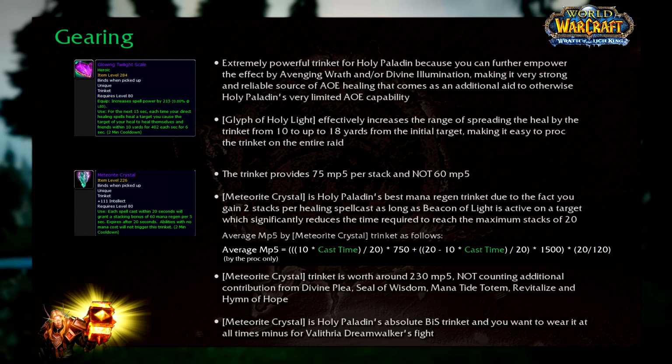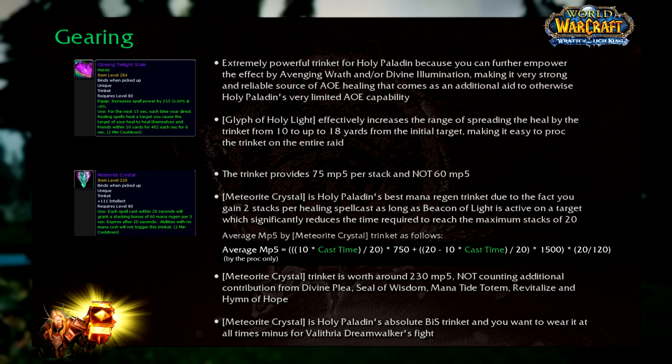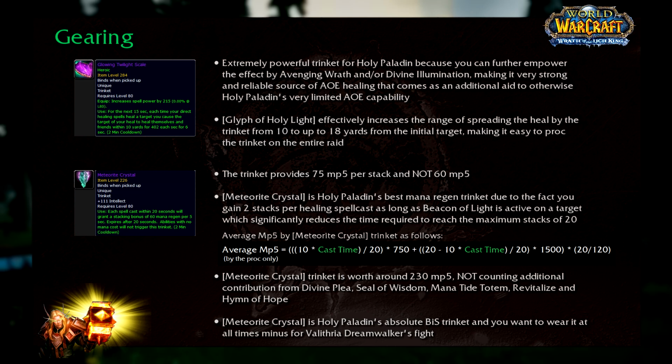playing the class. Meteorite Crystal's effect seems to average at about 175 MP5, but this is only half of the equation. The massive 111 Intellect equals 2010 mana after Divine Intellect talent and Kings. On a 5-minute fight, this mana is worth 33.5 MP5. This means the shorter the fight is, the bigger the gain will be, and vice versa. In addition, we gain 20.1 MP5 from Replenishment. This results in a total of approximately 230 MP5, not even taking into consideration the additional MP5 you would get from using Divine Plea, Seal of Wisdom, Mana Tide from Resto Shaman, Revitalize from Resto Druid, or Hymn of Hope from